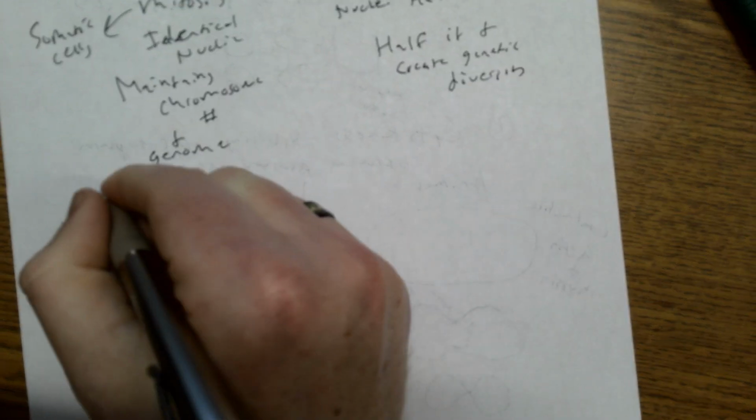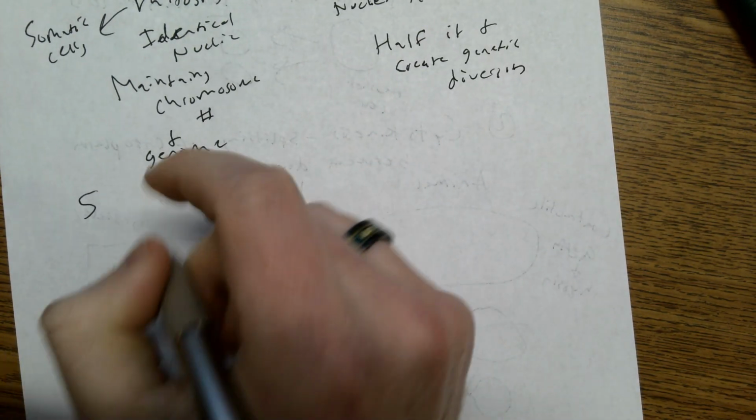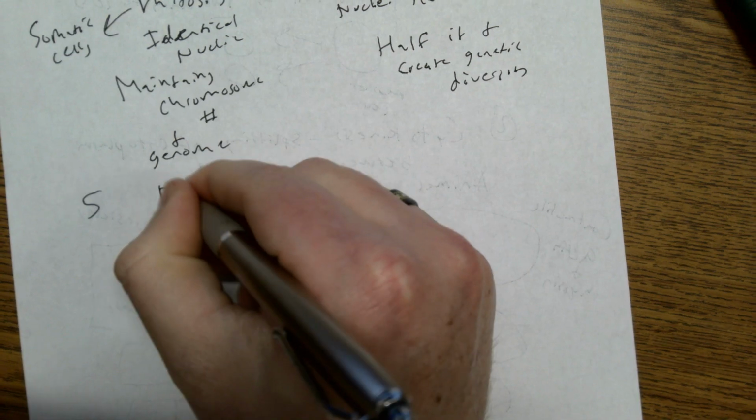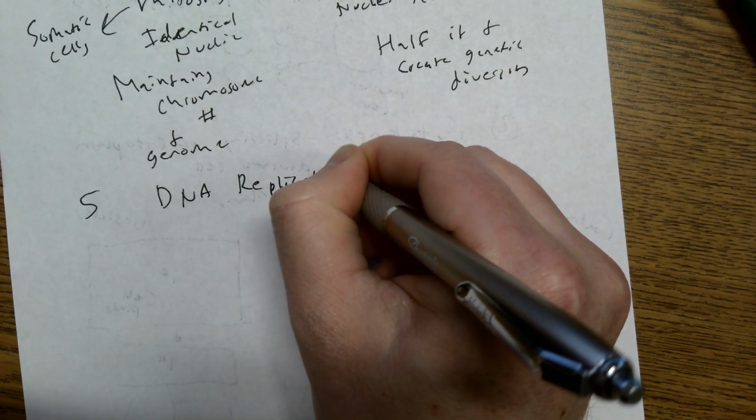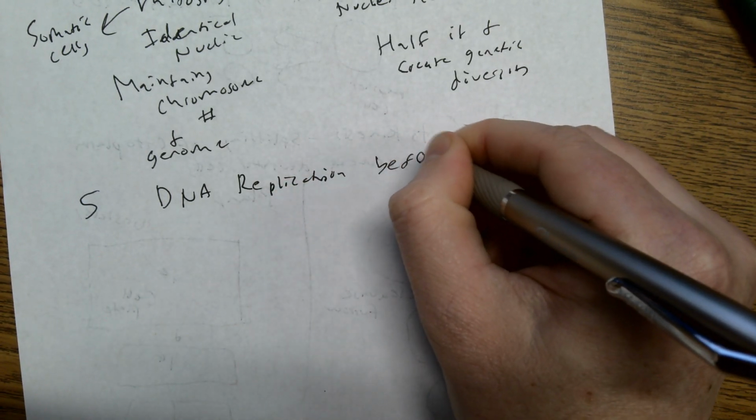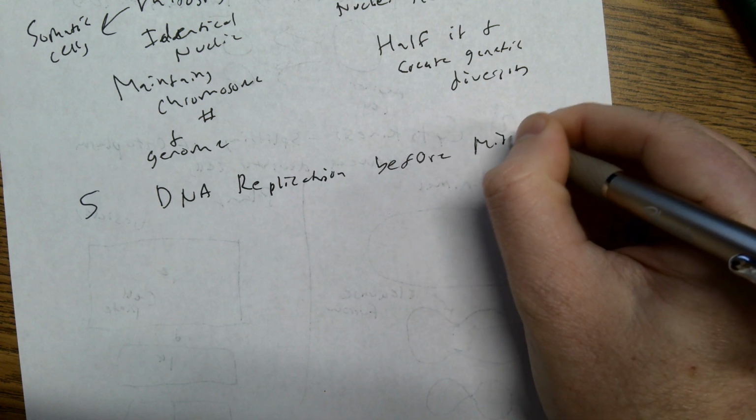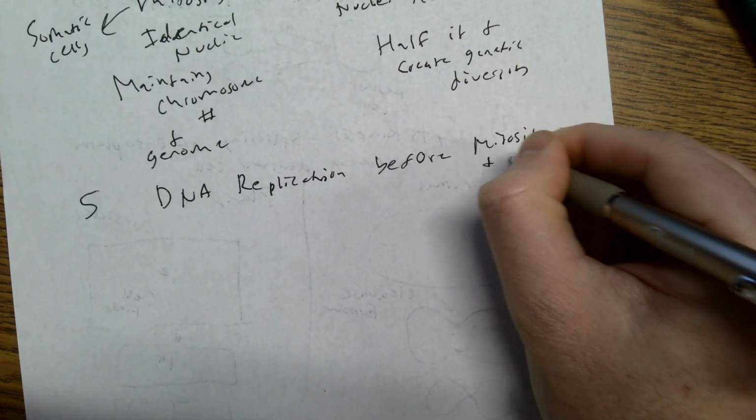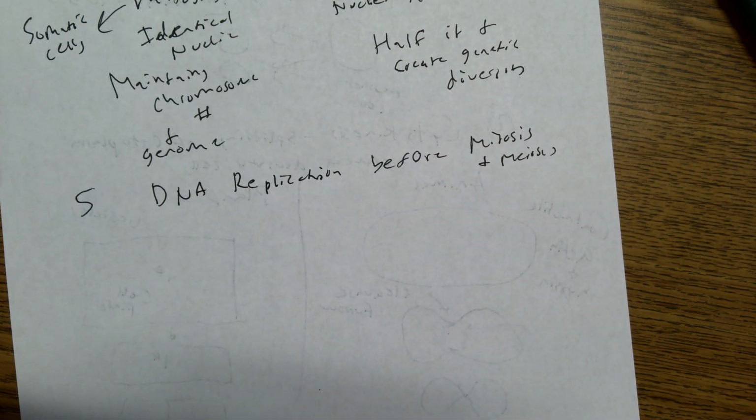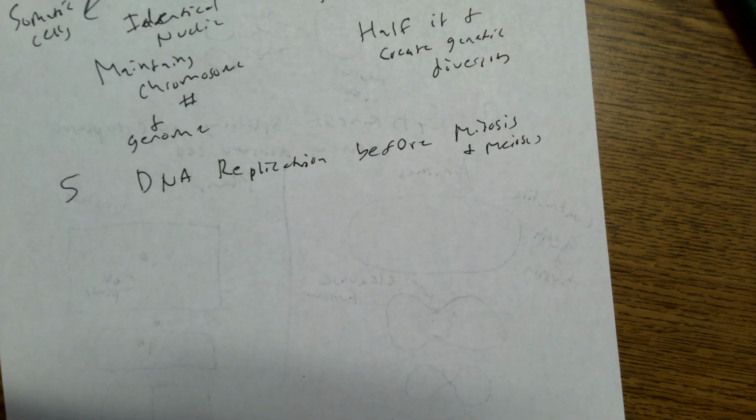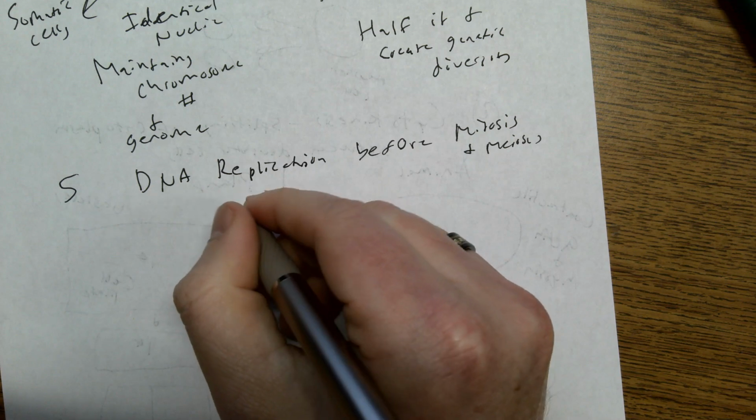Standard 5. How do we make sure we have identical ones? Well, we do DNA replication. And so DNA replication happens before mitosis and meiosis. So it has to happen before. So it's a prerequisite. And so then what you have is you take your DNA and you duplicate it and